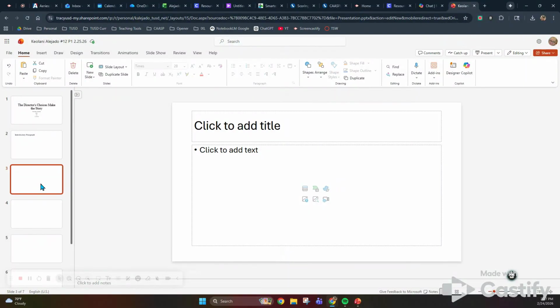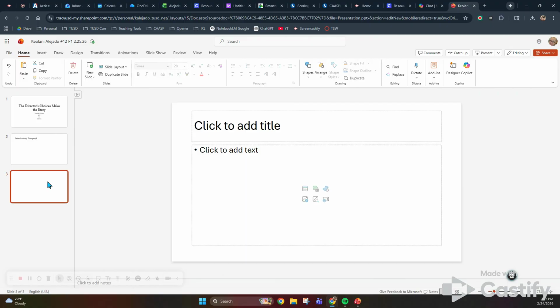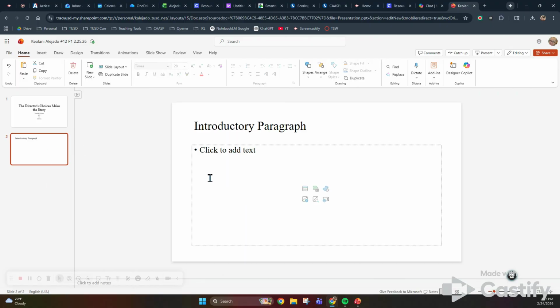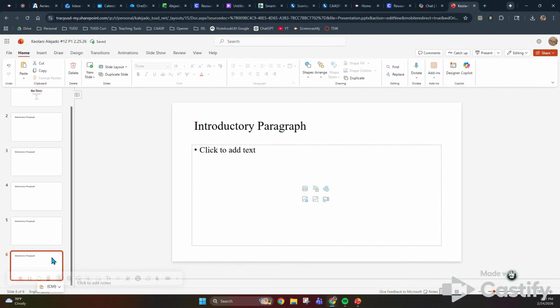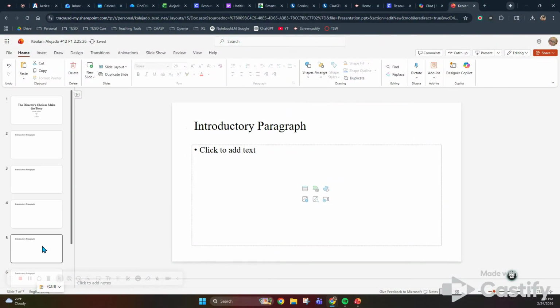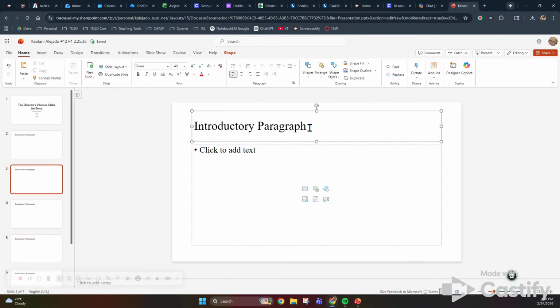Now, I've already created these slides, but I'm going to delete them so I don't have to change this every time. So I'm going to Control C, V, V, V, V. 1, 2, 3, 4, 5, and one more. So this is going to be my